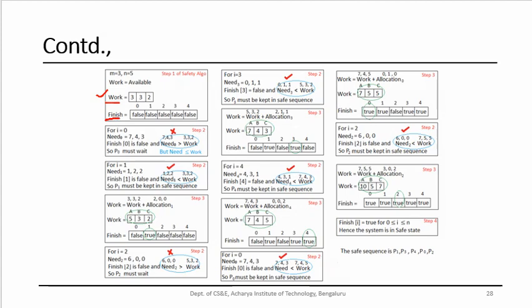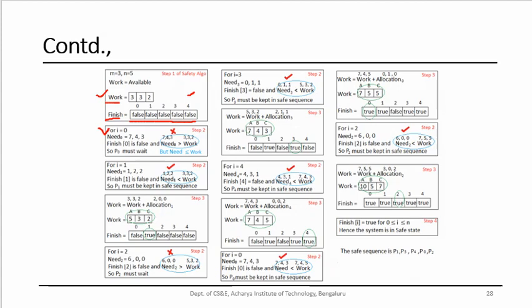And finish is an array of size n, where n is the number of processes, so it can hold 5 elements. Initially you see finish of 0 is false, finish of 1 is false, 2 is false, all are false. That's the initialization, which means that none of the processes has completed its execution. That's why all the elements of this array are false. Now let's start from process 0, assign 0 to i.